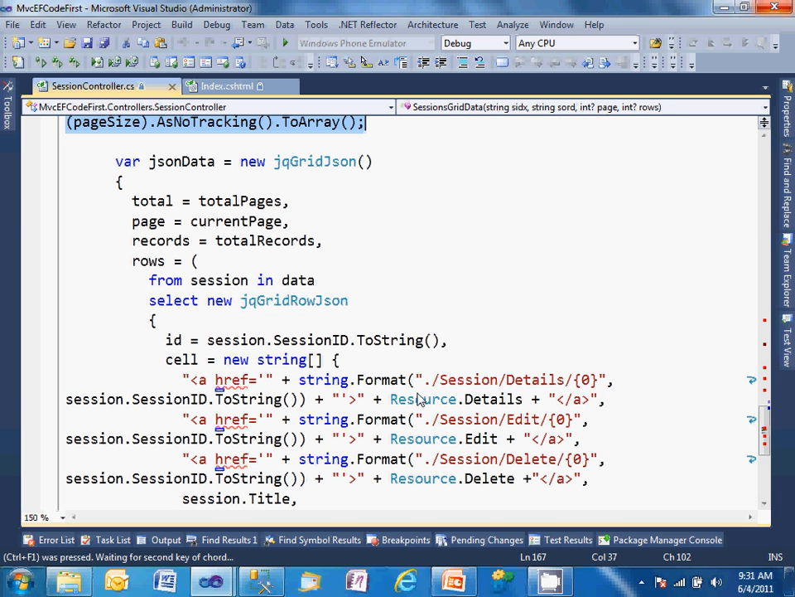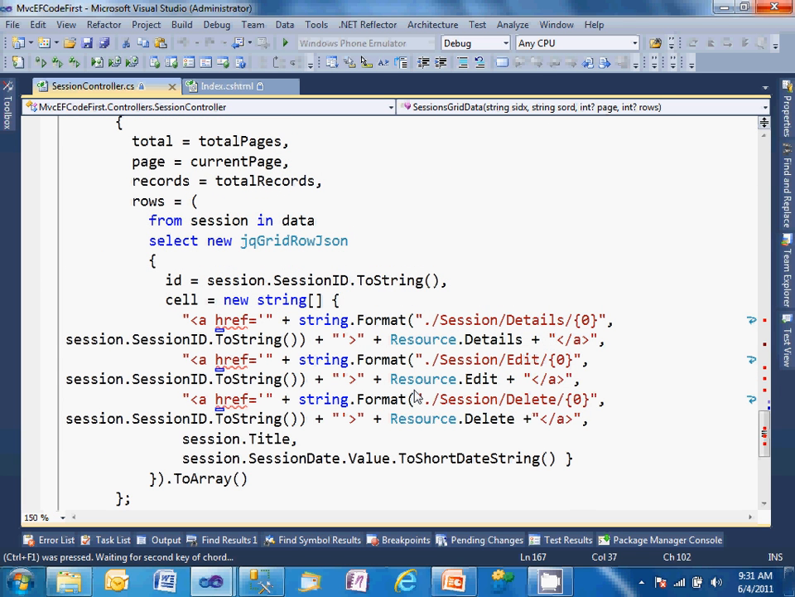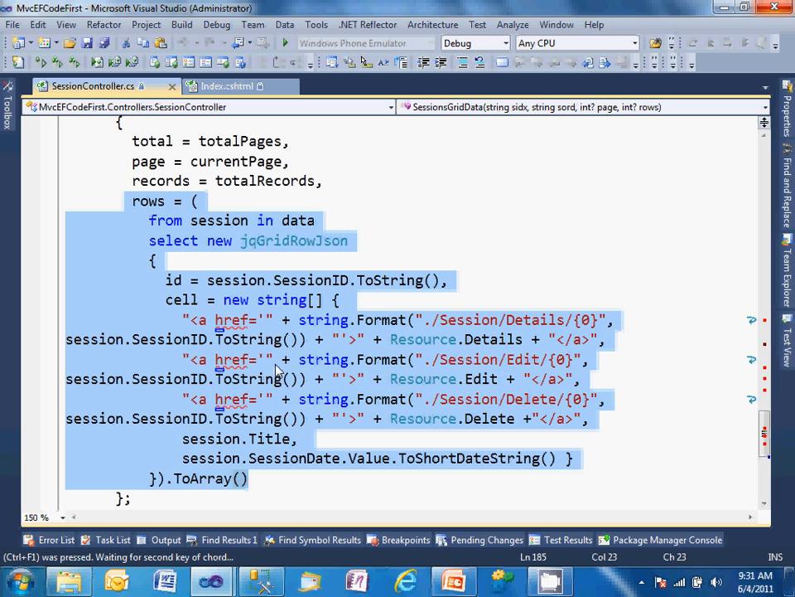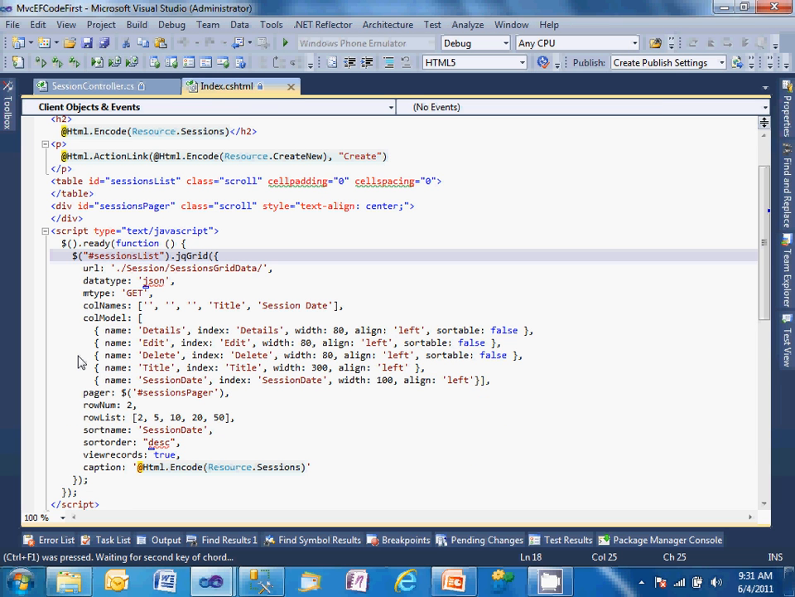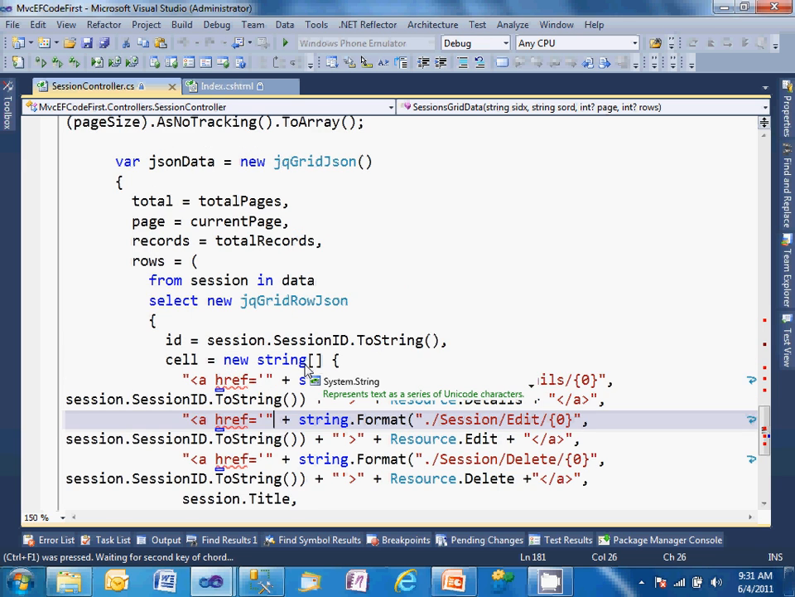And then I'm getting some data back, and the next part is simply shaping it into the JSON that jqGrid expects, which is some header data, total rows, current page, total records, that type of stuff. And then it's an array of rows where each row has a cell array, and all that cell array is supposed to do is map to this. So it's a cell array of 5 strings. I'm doing all that as part of the LINQ query